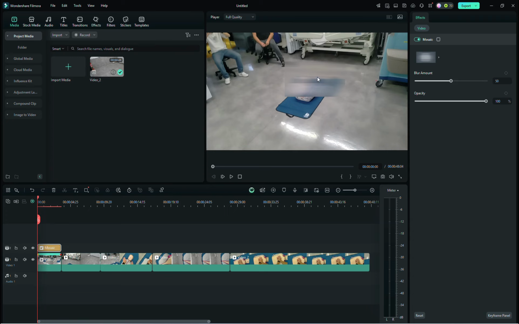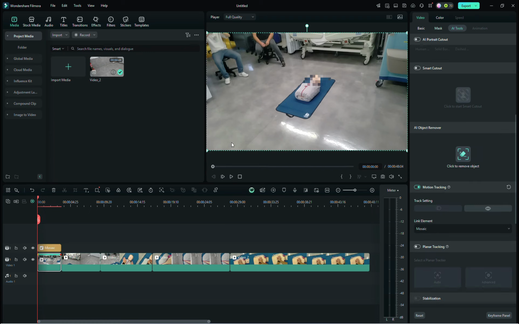And as you can see, immediately a blur is created on top of our selection. We can choose the type of mosaic that we want. We can use this blur, more typical, with the squares, and now you can resize it and adjust it again to the size that you want. So since what we want to anonymize is the face, we can make it a little bit smaller and position it on top of the face. And as you hit play on the video, you will see that the square will keep the face of the person, or in this case of our model, anonymized all the time,